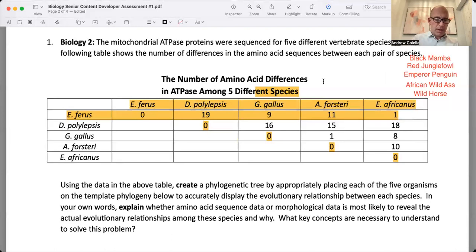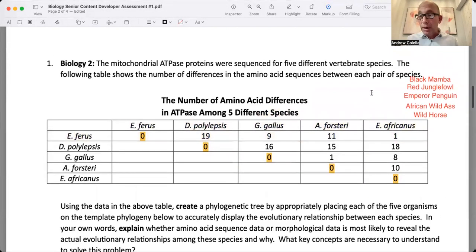Oops, sorry about that. Let me undo that highlighting. There we go. So let's take a look at this chart in more detail. I've taken the liberty, if you will, of doing some common names. So thank you to the world of Google. The Latin names, the scientific names, I'm going to translate so that you get an image in your head. And careful, I don't want to trick you with this image, but we're going to look at their shape, how they appear, and then their actual